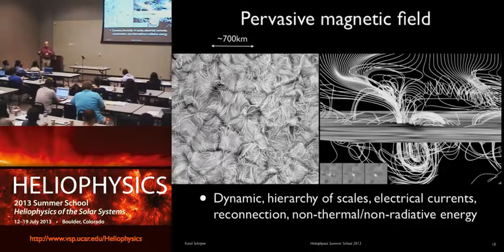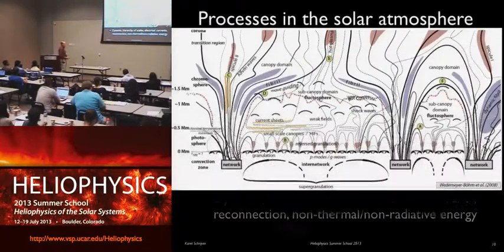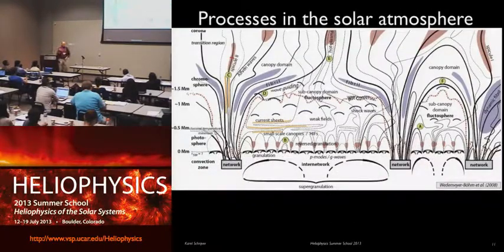It does couple into the larger scales. There are all sorts of induced currents that probably run around. But that smallest scale field doesn't do terribly much. But it is the seed field out of which you build the larger and larger and larger scale. So at some point this transitions into what we call, as a solar and astrophysicist, the dynamo, the one that does the global dipole field. There's a lot of processes that go on. And I could talk to you for a whole school and then some about all of the details.